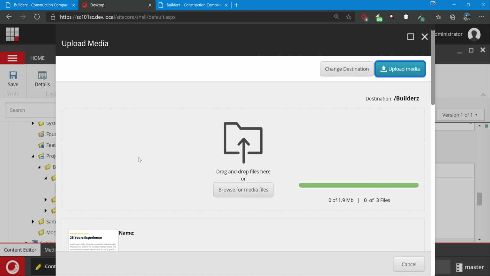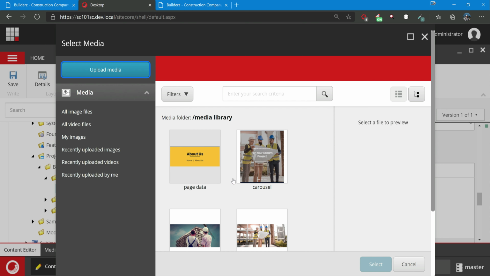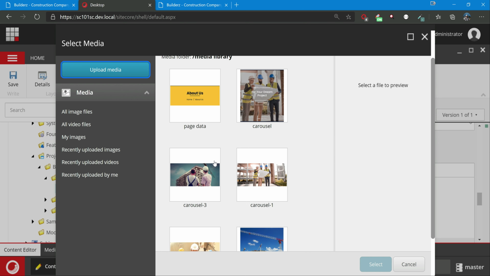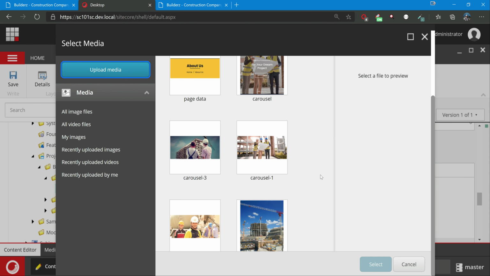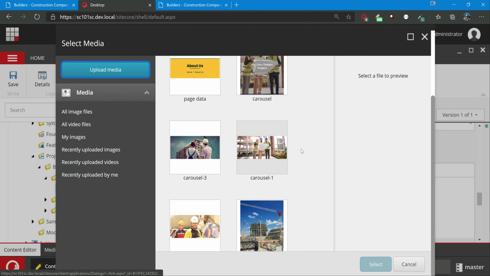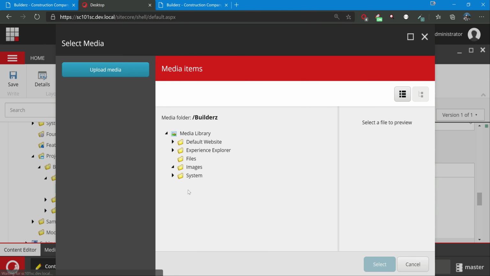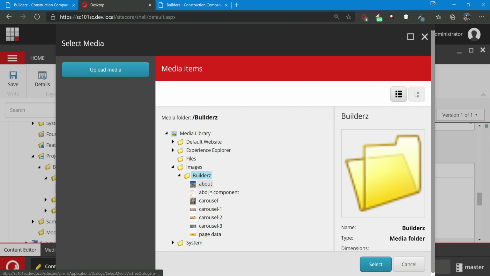This is on the about page, the about rendering. So yeah, it is on about, right? This is page data. Okay, where is that? About component. Yep.